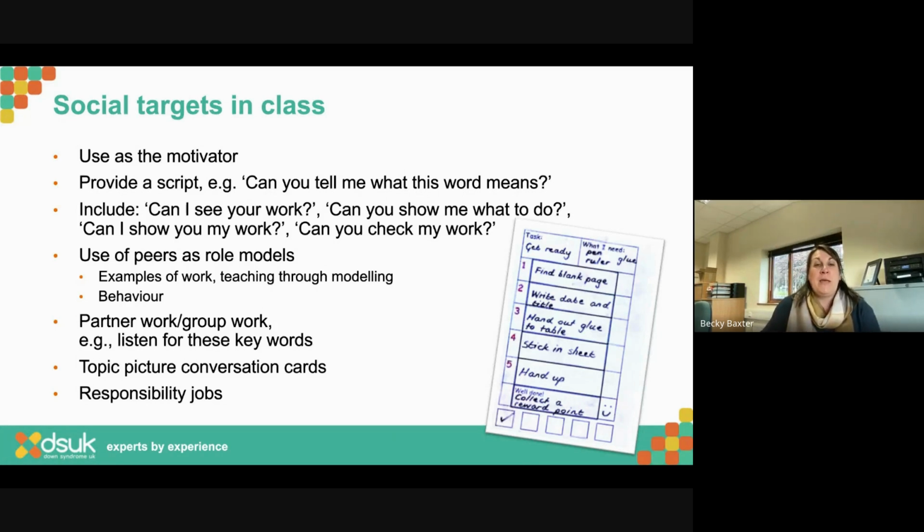Supporting through that kind of peer support, partner work, group work. And when you're doing that partner work, making sure that you've got a really clear goal for the child. So it might be that their job is they've got to come up with ideas, and their job is to get the pictures out of ideas. I've got my ideas here. I'm going to share them with you. Here they are.